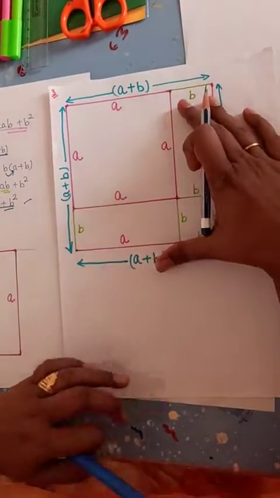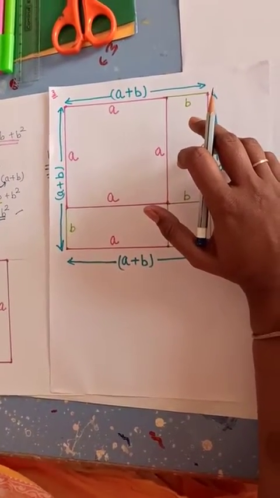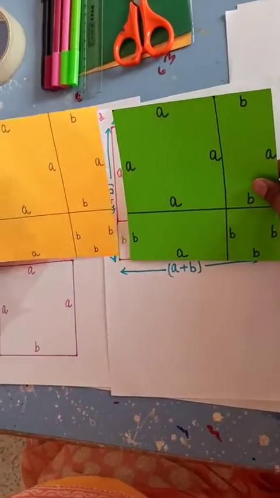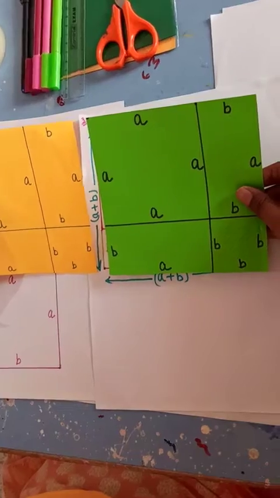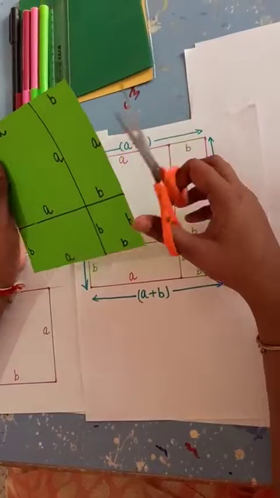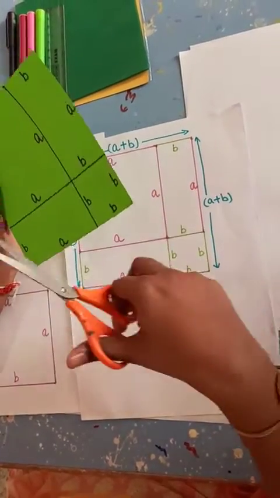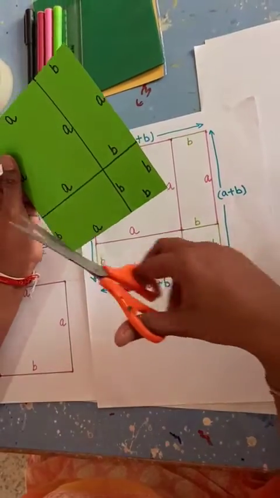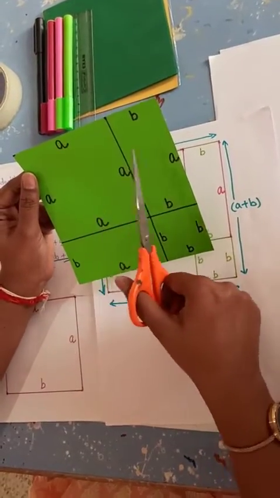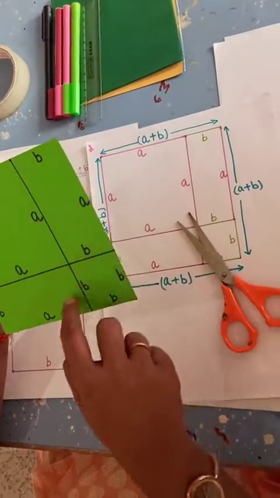Now this same diagram, students, very nicely you have to draw on a piece of paper, origami paper. You can see I have drawn this same diagram on these two pieces of paper. Now you can take this beautiful scissor, and do the most lovable activity of students which you do during your free time: take a paper and cut it. So now we are going to cut this paper. How many parts are there totally? 1, 2, 3 and 4. So I will cut this paper into these 4 parts.